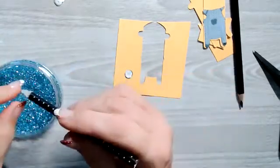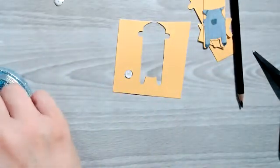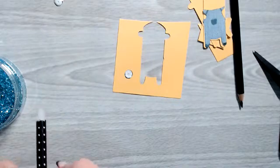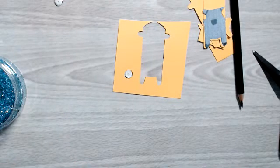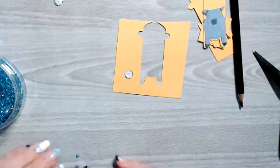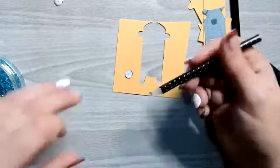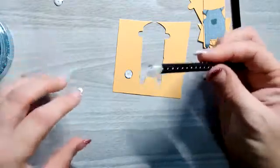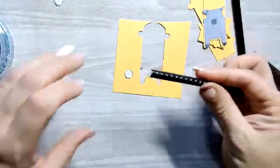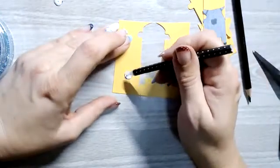So I've got two on here. I'm going to get one instead of two, and I'm going to make sure that it is point down, which is a little bit of a feat, I will tell you. So just like that, isn't that pretty? I'm gonna drop that sucker on in